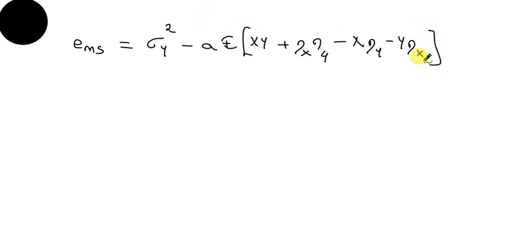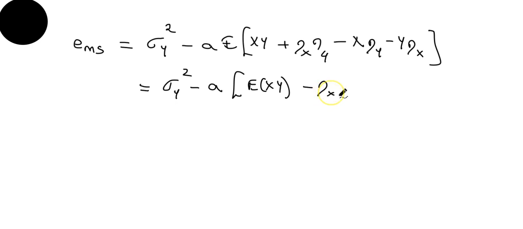Let us close the bracket here. If I combine everything together, this once again gives me sigma y squared minus a into E of xy minus eta x eta y, and this is nothing but sigma y squared minus a into mu xy,